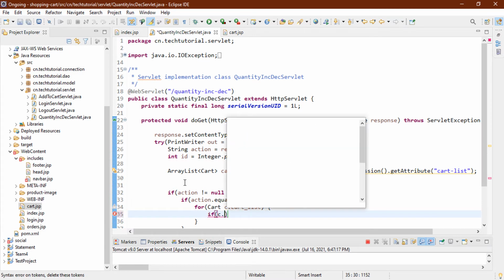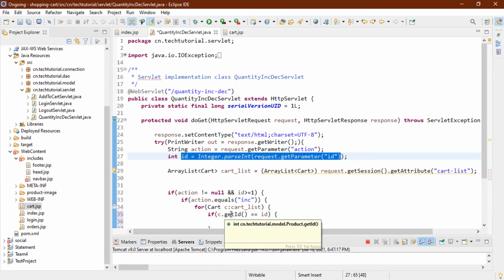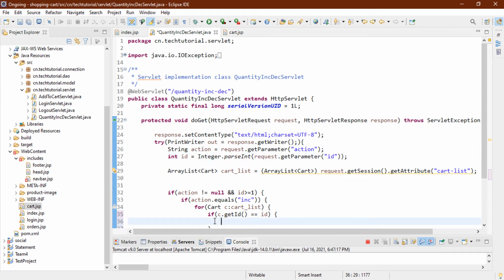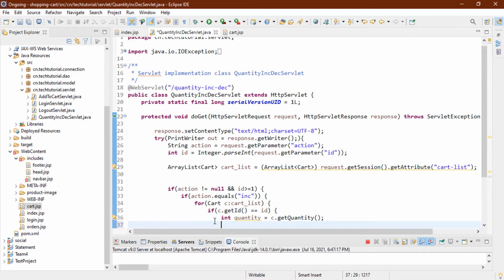Condition: if c dot get id, because when we add a product to our cart list we are also adding a product id there, is equal to id, which is the id we are getting from the URL. We are saying that if those are the same, then we would like to perform some action. So let's say int quantity equals c dot get quantity, because we are setting that quantity, and say quantity plus plus.